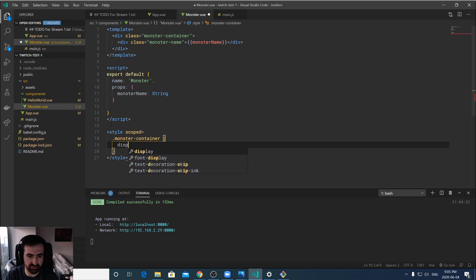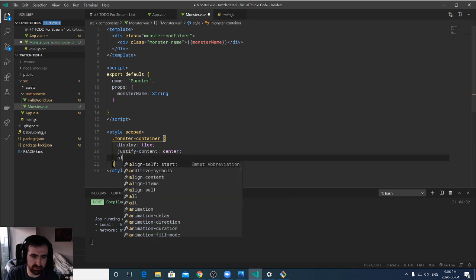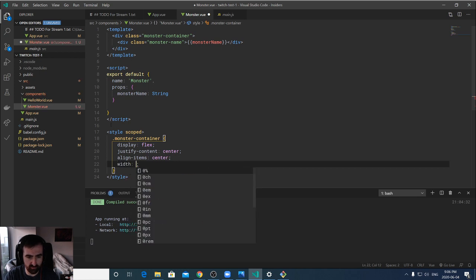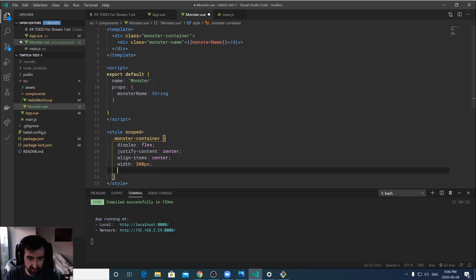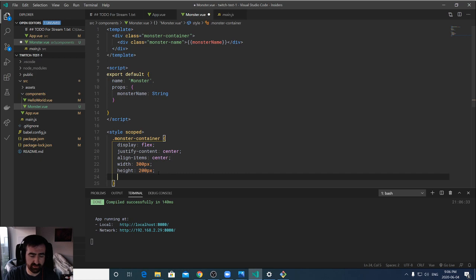Monster container is going to be display flex because I like flex. It's going to be justify content center, align items center for now. And let's give it a width and a height, I believe. Yeah, width. Let's do in pixels for now. 300 px, and then height, I don't know, 200 px is probably way too big. The other thing that I want to do is, first of all, let's do that, and then